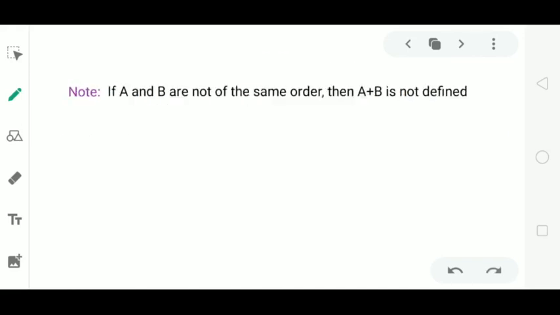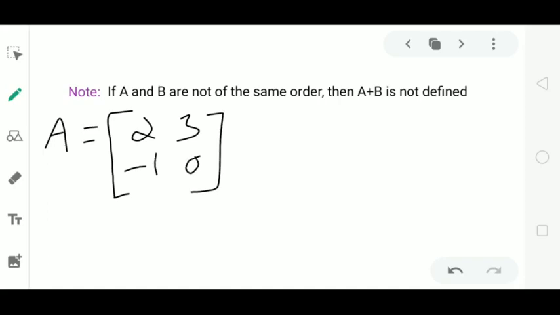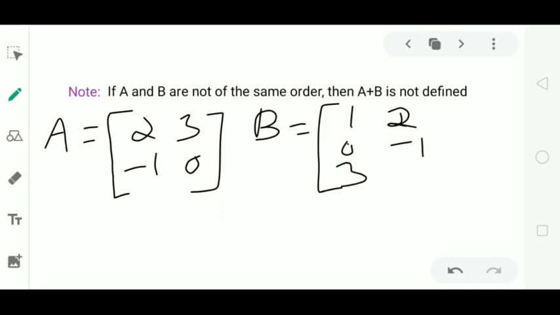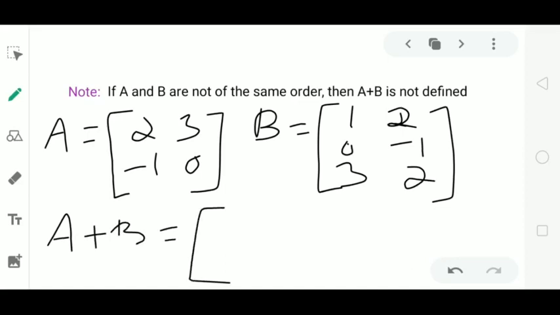Note that we can add two matrices only when both the matrices are of same order. For example, if I consider matrix A of order 2 by 2 containing the elements 2, 3, minus 1, 0, and matrix B of order 3 by 2 containing the elements 1, 2, 0, minus 1, 3, 2. Now suppose if I have to add these two matrices, then we already know that we have to add the